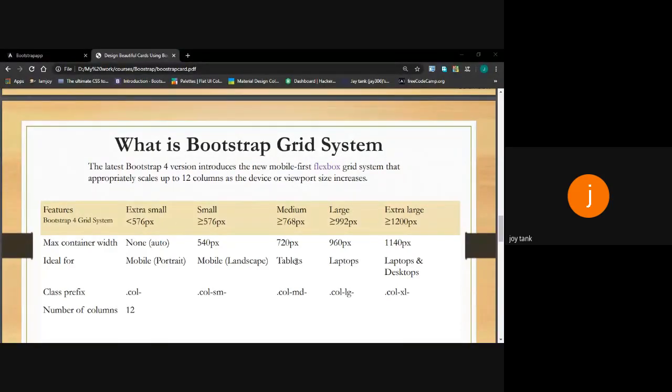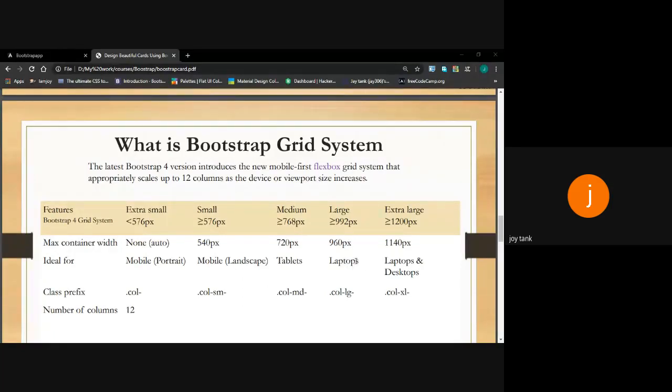Fourth, the large screen mode, laptops. You are viewing your webinar on your laptop. The screen size of your laptop is 960 px, and if you have a desktop whose screen size is more than your laptop size, that might be a very large screen, which would be 1200 pixels.